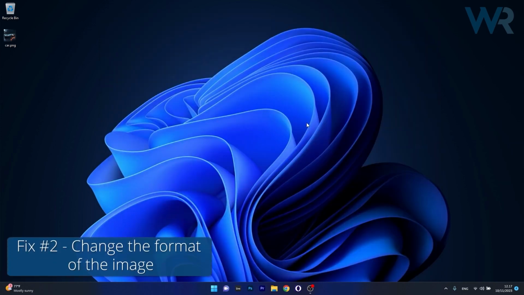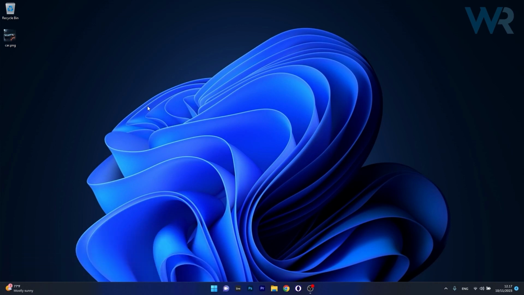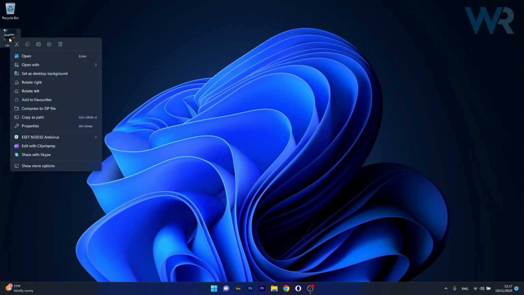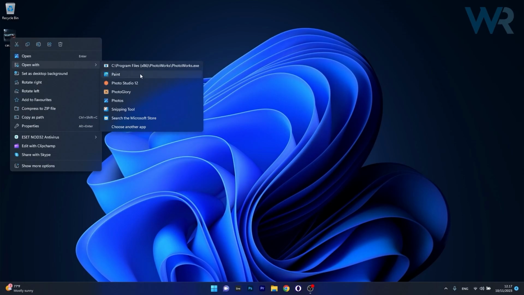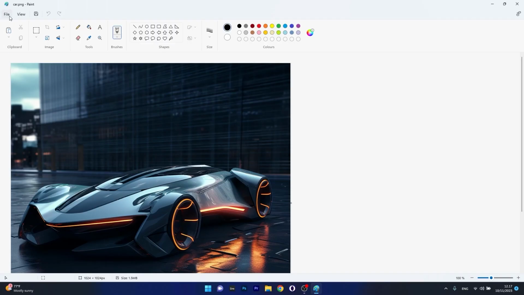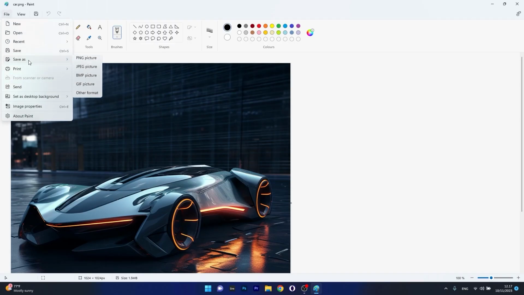You can also change the format of the image as a solution to this problem. So for example, let's say you have an image that is problematic when you try to tile it on the desktop. So what you have to do is right click the image file, then open it with Paint. So now what you have to do in here is click on the File tab and then select Save As